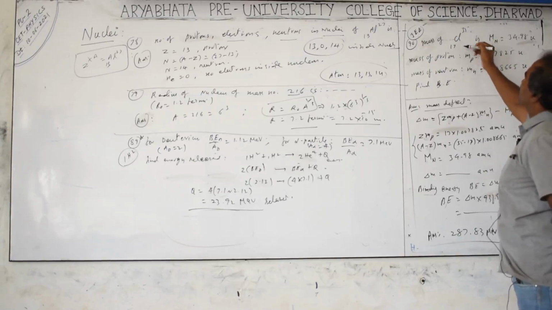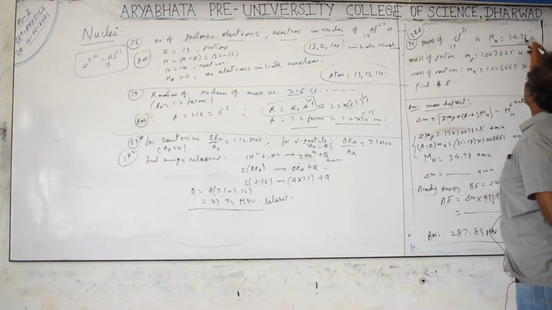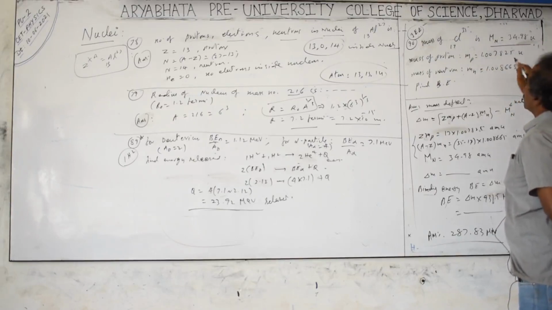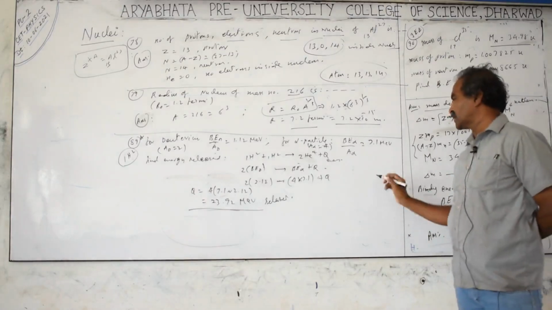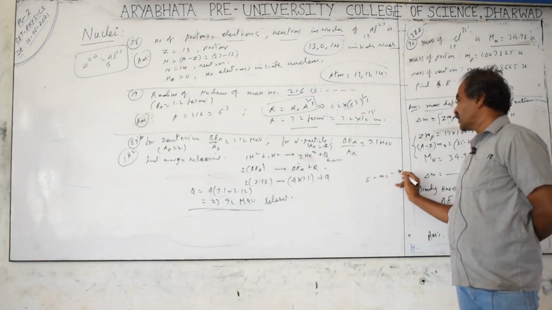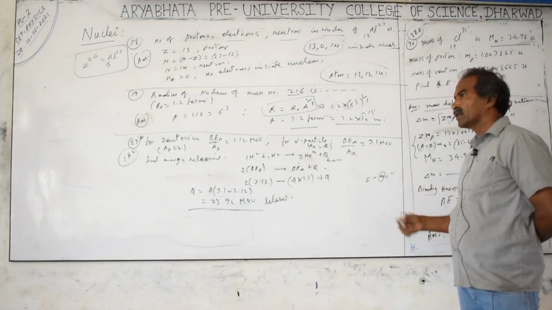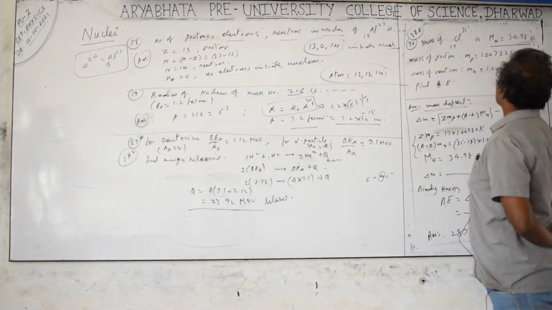Chlorine 17, 35, Z and mass number. Total nucleus mass is given as 34.98 u, small u, which is the unit of atomic mass units. One atomic mass unit is approximately equal to the mass of the proton. If they ask you what is the energy released when one proton is destroyed, convert the mass into energy, equal to mc square, you have to use. Mass of the proton you already know the value, or they will give you the values. Mass of the proton they will give you in terms of this AMU.